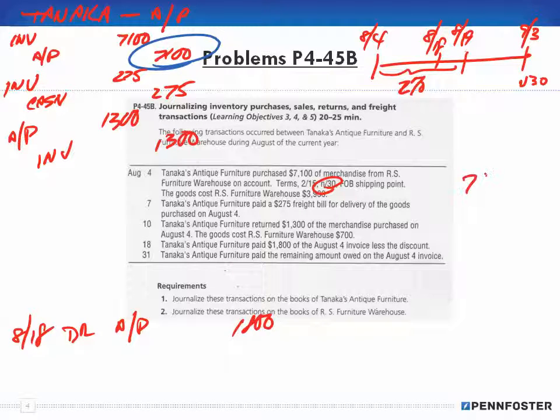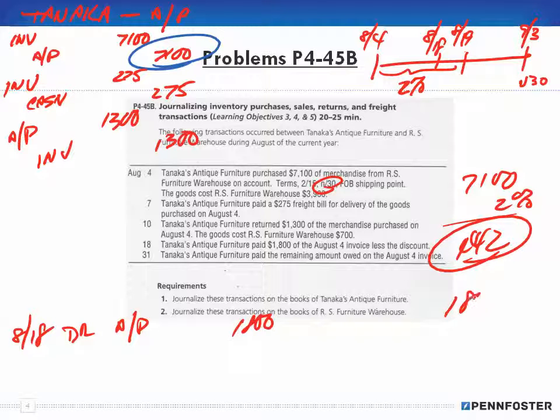I can't take 7,100 and take 2%, which would be $142, and say, oh, I'm taking that as a discount. No, he's only paying 1,800 of the 7,100, so he only gets a discount of 2% on the 1,800, which is $36. Okay, so we're going to credit